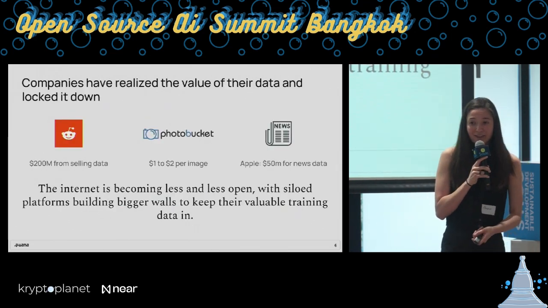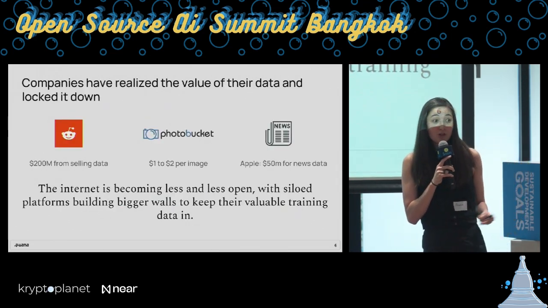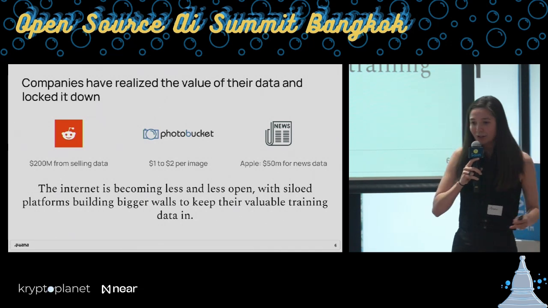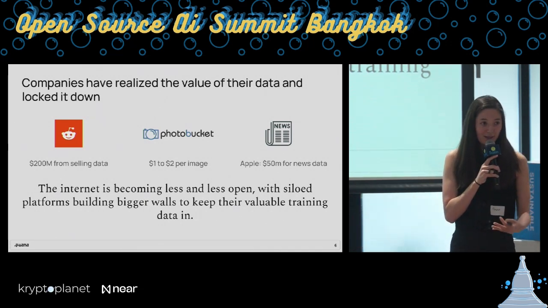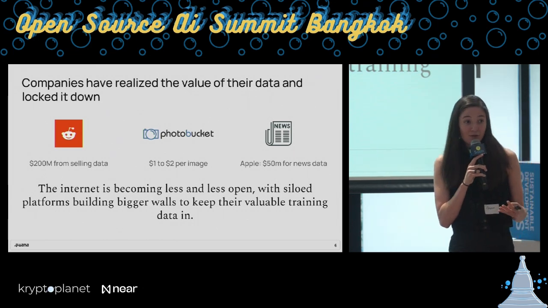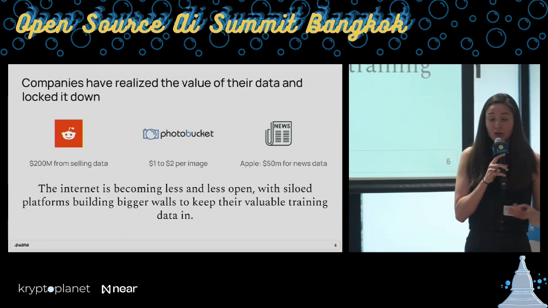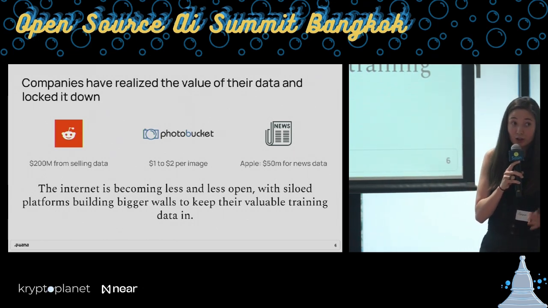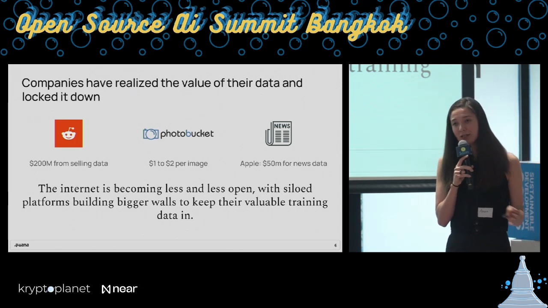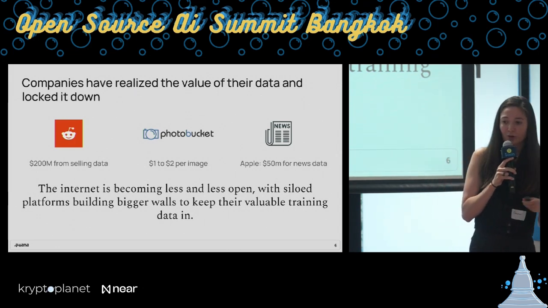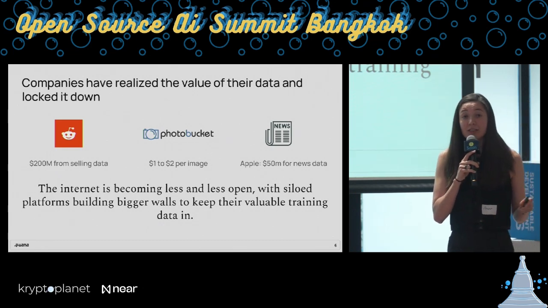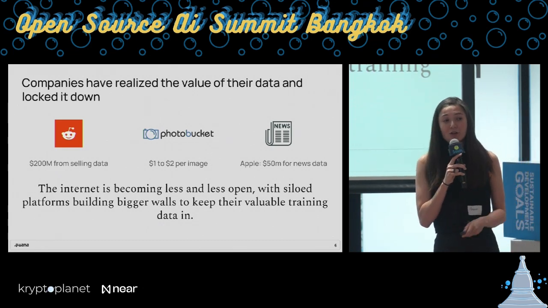And companies have realized, hey, this data has become extremely valuable. And they've actually locked it down to say, hey, I'm going to make sure that I'm the only one who can access this data so that I can charge the most money for it. So like Reddit is earning $200 million from selling their data just for AI training. And there have been different platforms that change their policies. Think Stack Overflow, Reddit as well, where they change their API terms so that it's harder for people to access